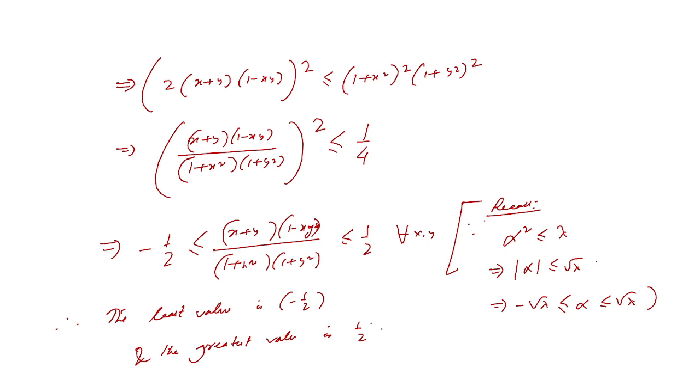Now we'll try to know another important theorem. This is basically an important theorem in inequality. What is the theorem? If a1, a2, dot dot, an are n positive real numbers, they are all positive real numbers, not all equal, and p, q are rational numbers, p, q belongs to Q, the rational numbers, then